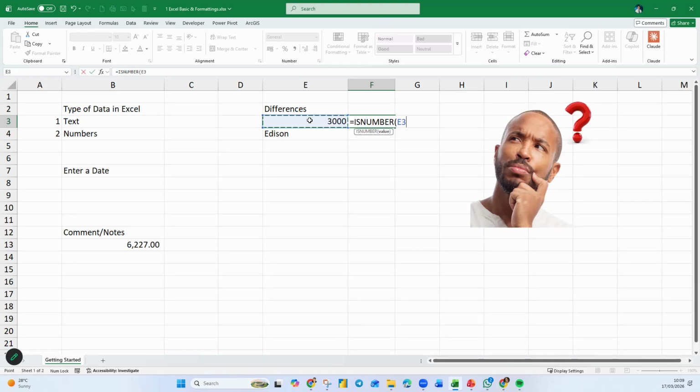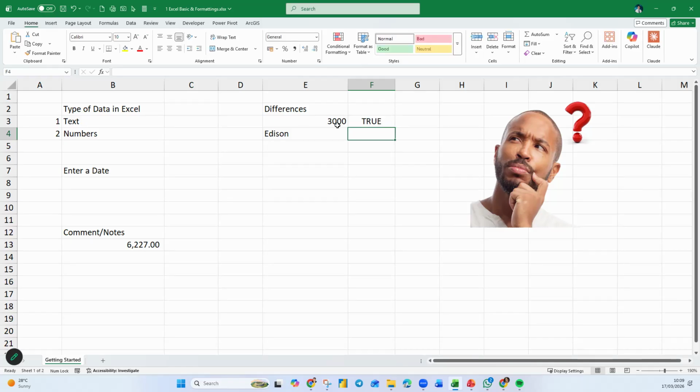True means yes, false means no. You see, TRUE: yes, this 3,000 is a number. If I copy the formula down, it says FALSE, which means the word Edison is not a number. Text and number. That's how we differentiate them.